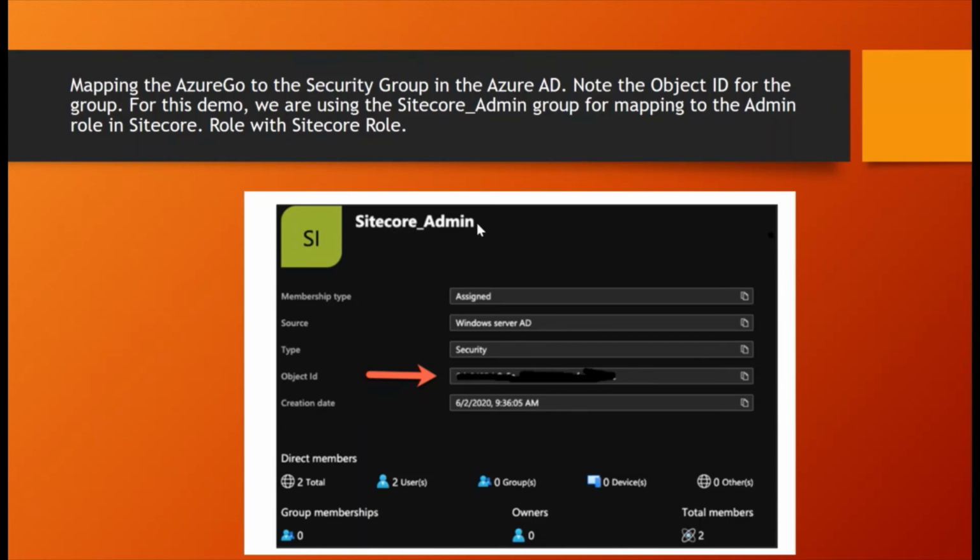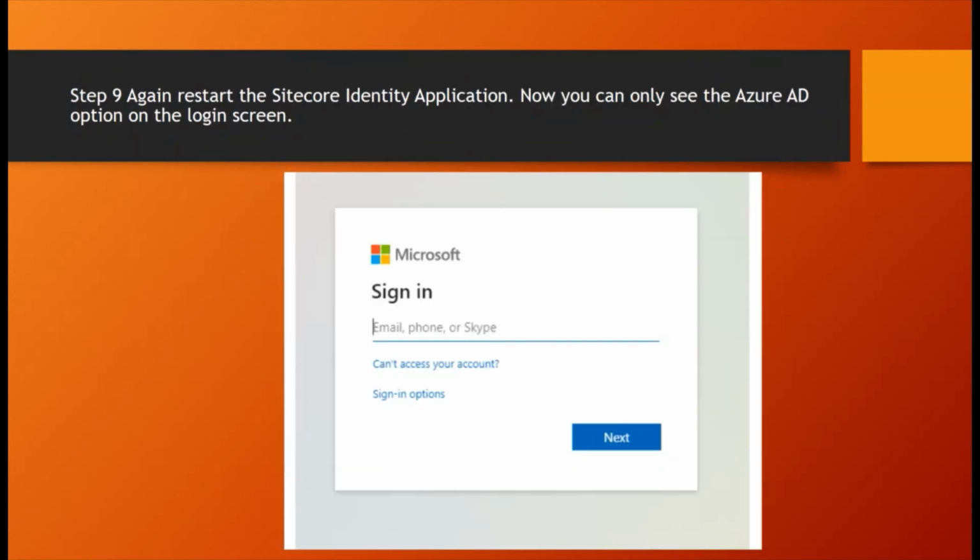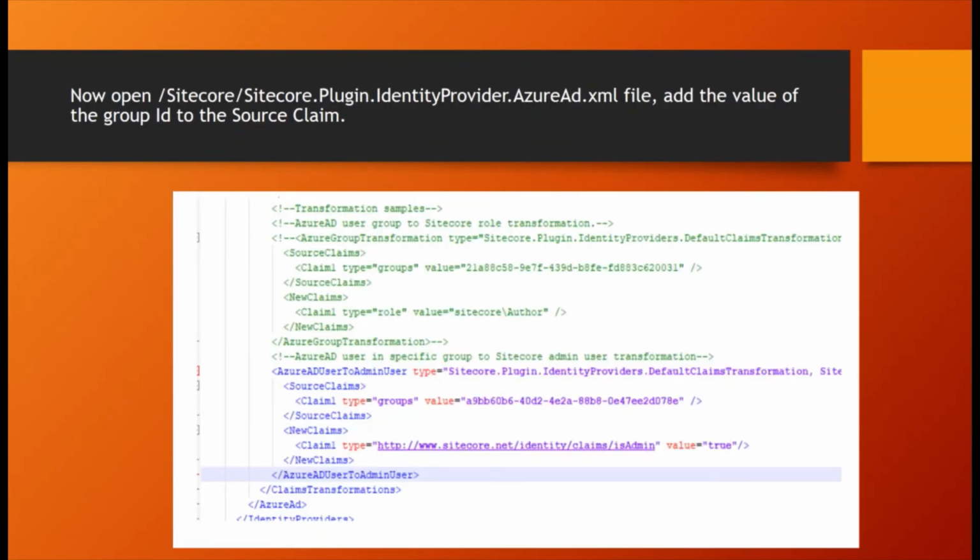I created this role in the Azure portal and copied this GUID. Then in the Sitecore plugin identity provider azure xml file, you need to update that ID here, as the Sitecore role ID for the group.